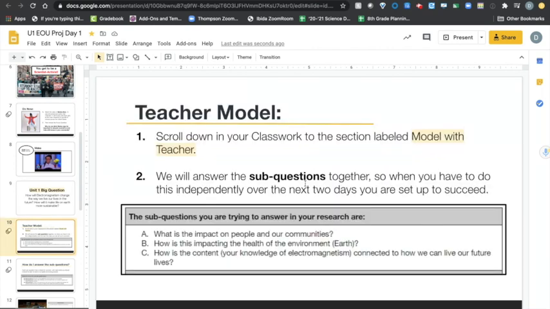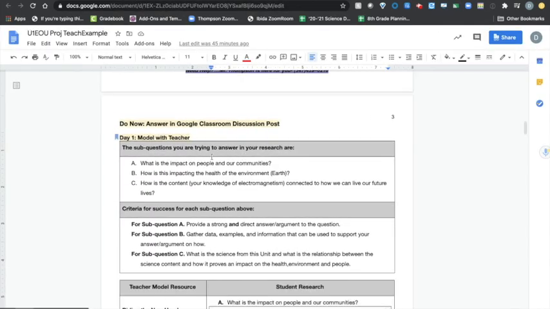So we're going to answer the sub questions together so that when you have to do this independently over the next 2 days, you are set up to succeed. So you know exactly what to do, and there are no questions. You know exactly how to think about each resource and what information you want to gather from each resource in order to build your argument and create your presentation. So thinking about this model, I'm going to go to the example, the page that you have on your screen,